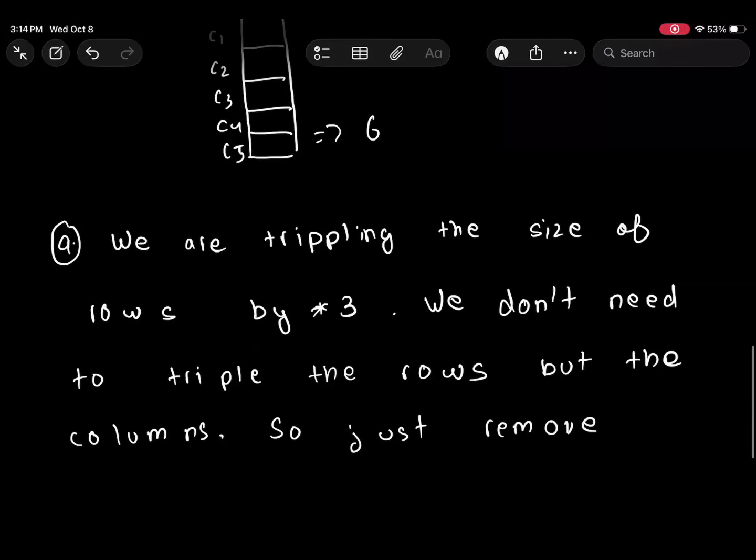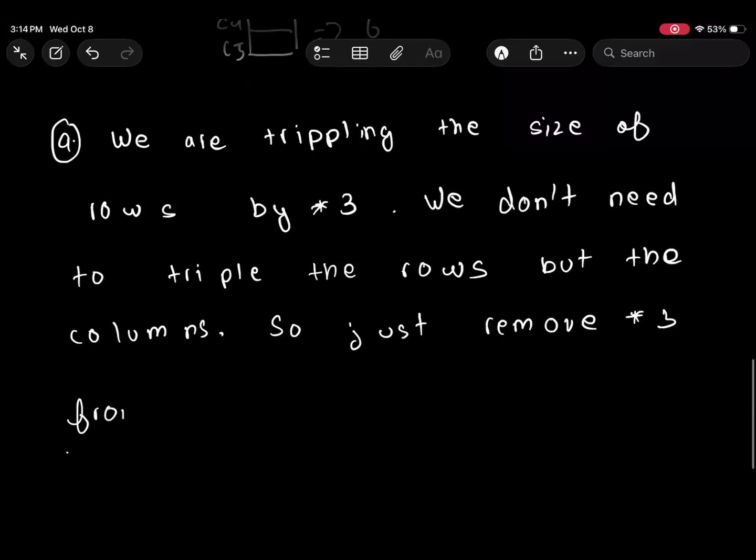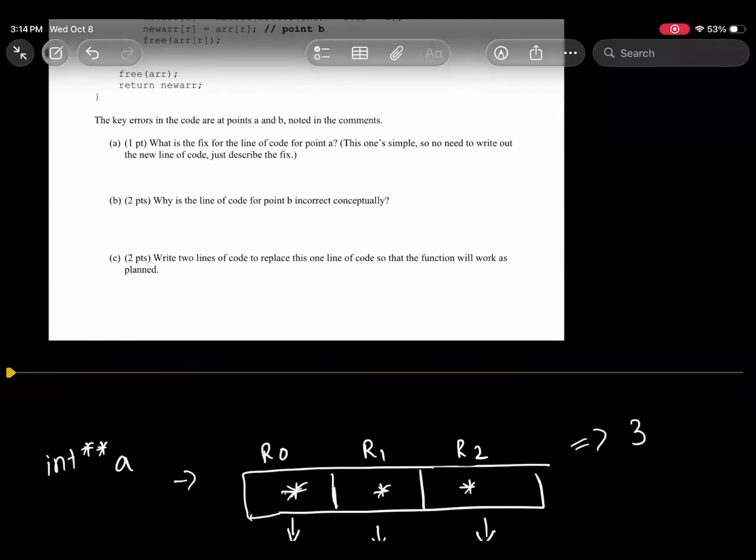So just remove times 3 from that line. Does that make sense so far? That's pretty straightforward, just because we're not tripling the size, right? All right. So now that's the answer for